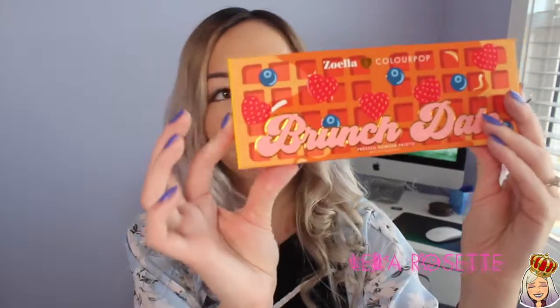By the way, you guys, this is the makeup bag it comes with. I'm probably going to be keeping this. I don't know what I'm going to put in here. Maybe it's good for traveling because it's just clear. It's really cute. Anyways, so the last few things, there is a palette called Brunch Club, and this is probably